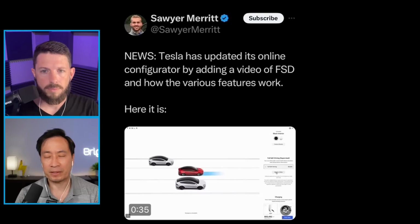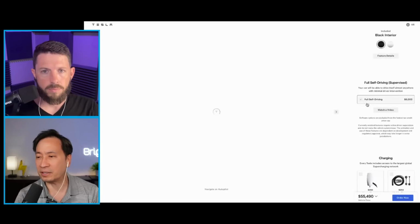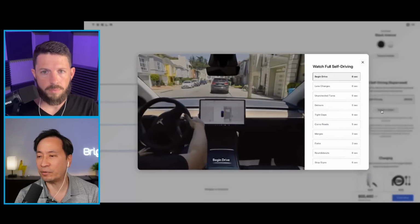First off, if you take a look at Tesla's website and you're trying to buy a Tesla, in their online configurator, as you're choosing what to buy, they actually now have a video of full self-driving and how the various features work. Just a very short video clip here, but you can see that they're actually allowing you to watch